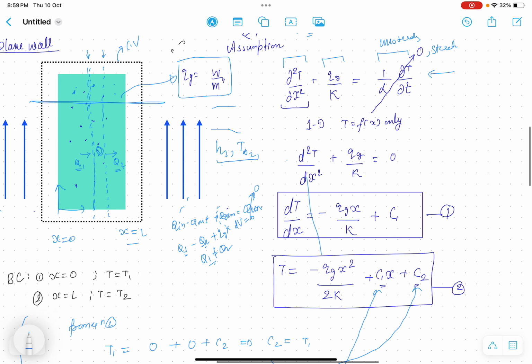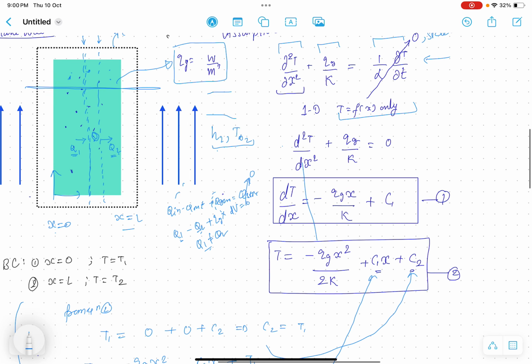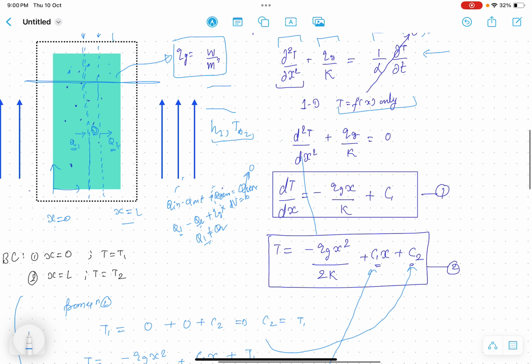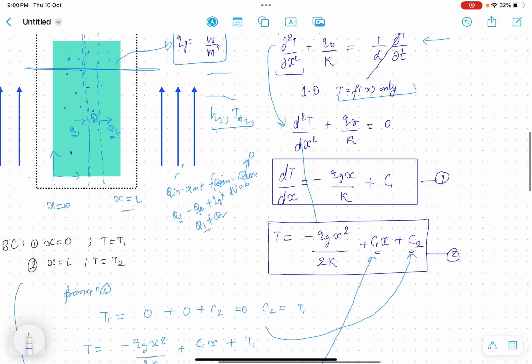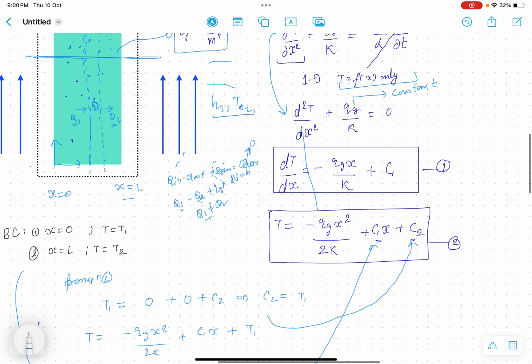For one dimensional case, temperature will be a function of x only. It means we can write this partial derivative as an ordinary derivative, and this is constant because it is uniform heat generation. So it is a second order